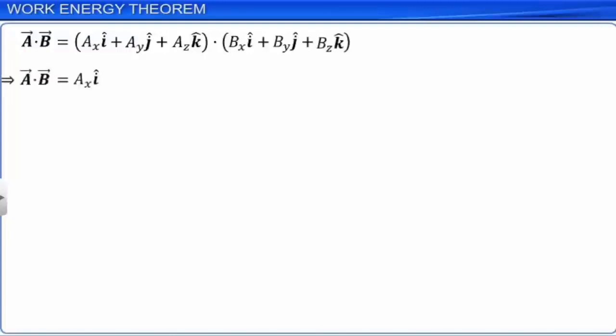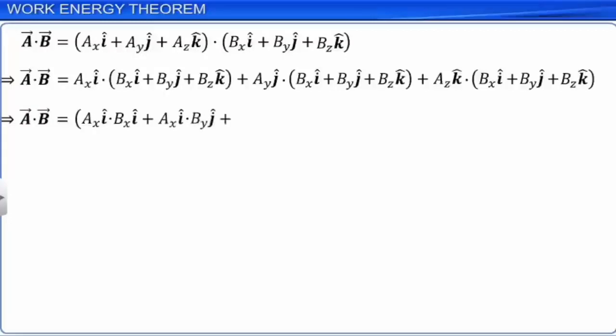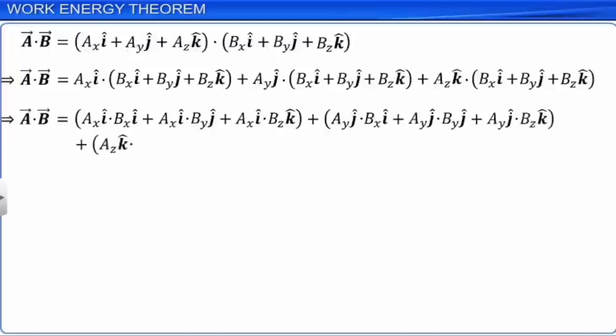which is equal to AxI dot (BxI plus ByJ plus BzK) plus AyJ dot (BxI plus ByJ plus BzK) plus AzK dot (BxI plus ByJ plus BzK), equal to AxI dot BxI plus AxI dot ByJ plus AxI dot BzK plus AyJ dot BxI plus AyJ dot ByJ plus AyJ dot BzK plus AzK dot BxI plus AzK dot ByJ plus AzK dot BzK,